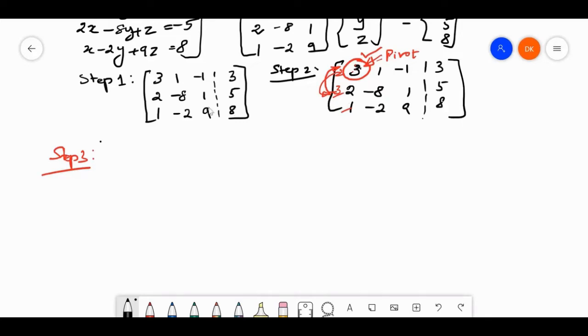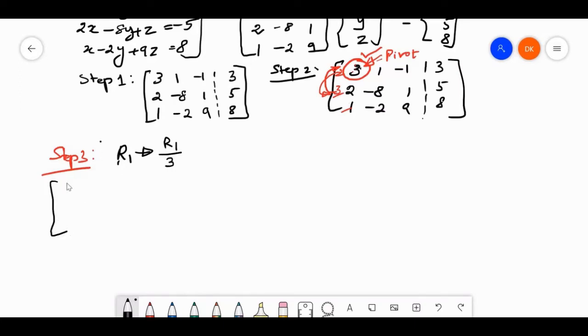So what we have to do, here we have to fix the pivot point. Now it is a maximum value, then I have to make this as 1. So how to make this as 1? The row 1, the pivot point, has to be 1 value. So if I divide all the elements in the row by 3, then I can get the value of 1.